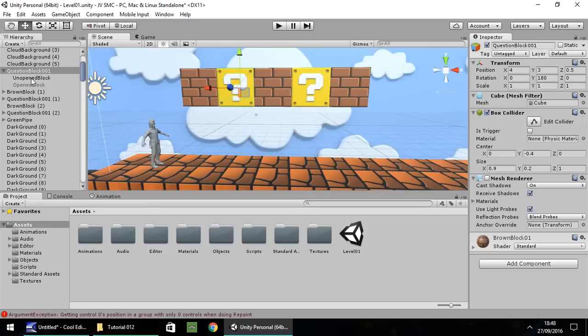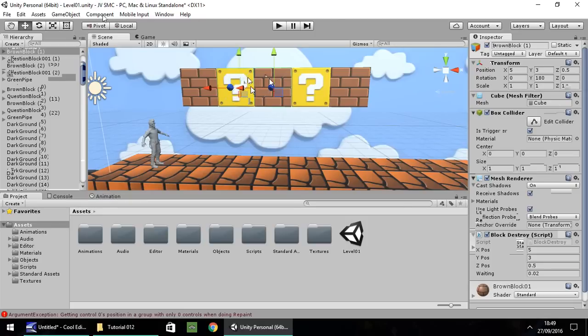So the next thing we need to do is this unopened block. We need to turn off the collider if you've got that on, so make sure that is off. Next thing we'll need to do is, let me think, what's the best way we can get around this now? Because there's several different things we're going to have to do, not all at once, but in no particular order. We just need to bring it together. I think what we're going to need to do is set a platform in this object just here and possibly in this one. So on this block, the one next to it, let's set a platform.